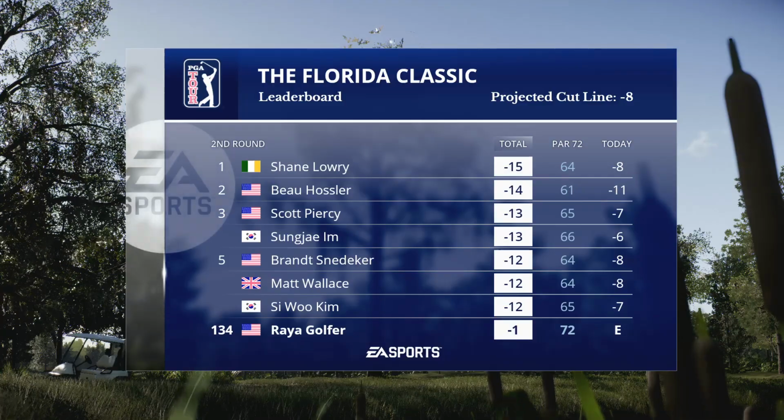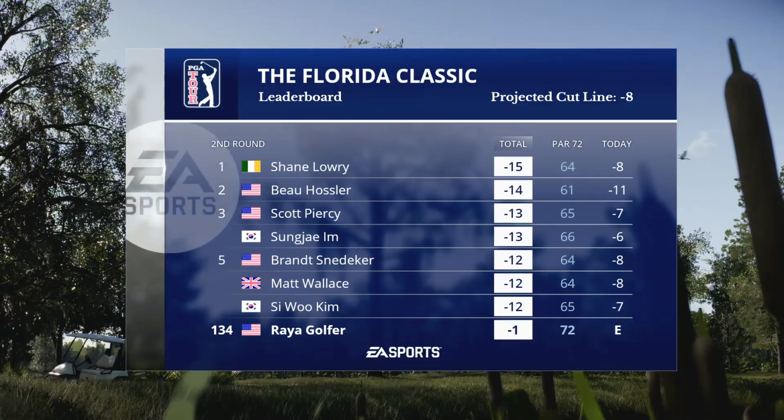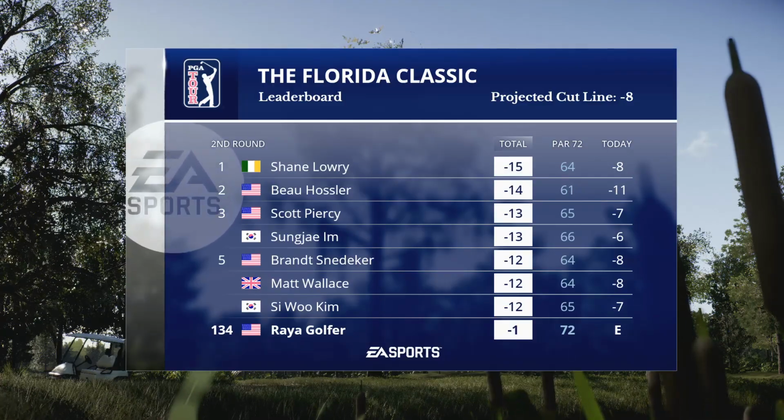So a disappointing end to the tournament for our featured golfer heading home following these 2 rounds after failing to make the cut. Time for a little